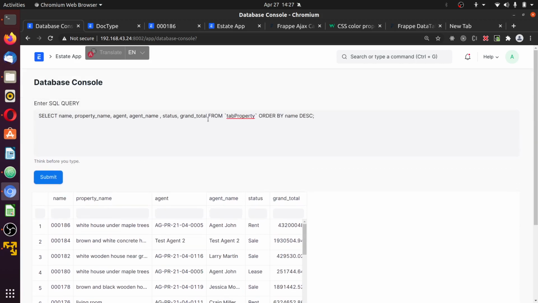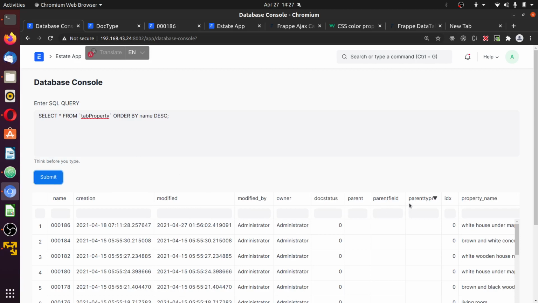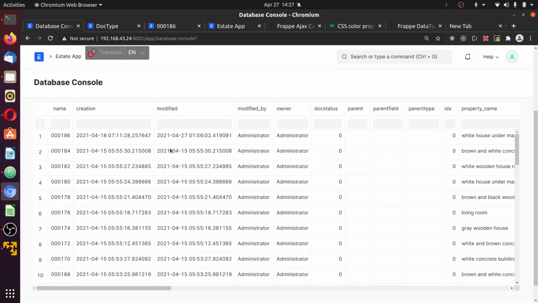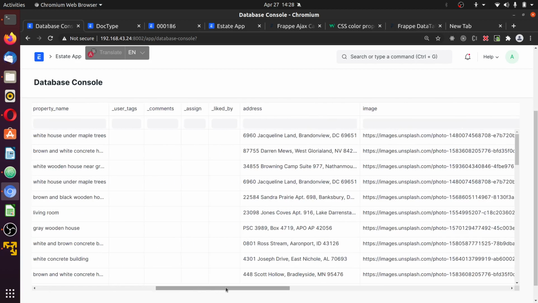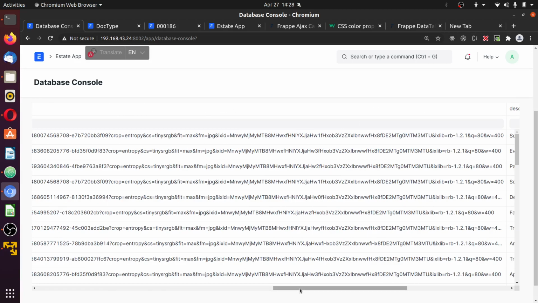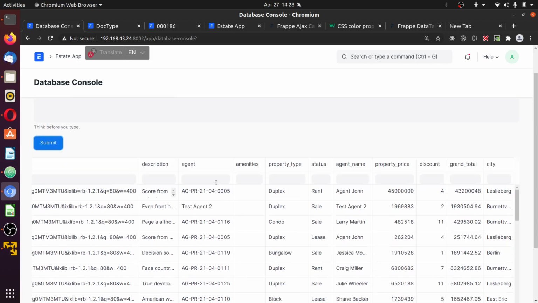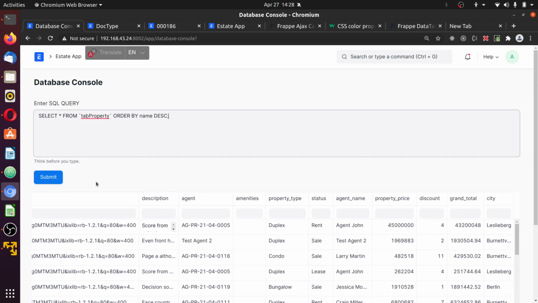How about selecting asterisk? Wow, this is so large. It selected everything from the table. You can drag this forward and see what you have. The images, wow, so long. City, right? So we see that you can run any query, but please be careful, because you can destroy your entire